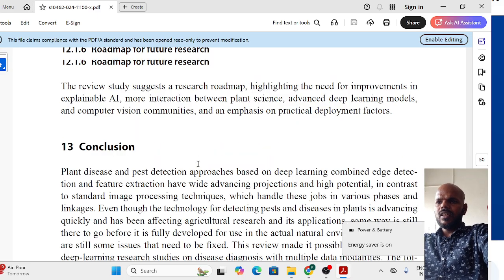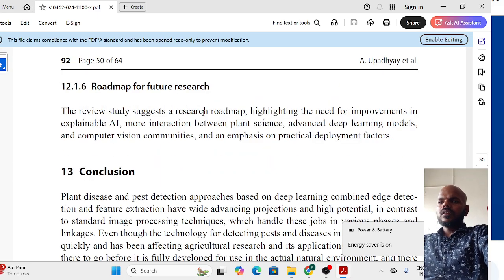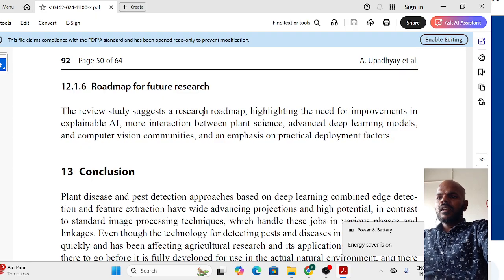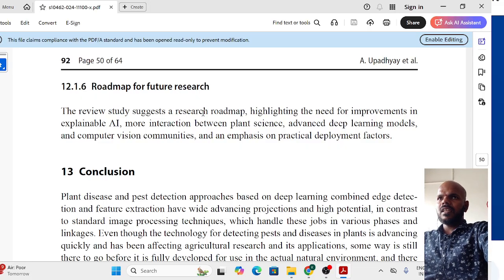Next is a roadmap for future research. What is the future aspect we can work on in this area? This review suggested a research roadmap, highlighting the need for improvements in explainable AI. That means that in the work we have done till now, explainable AI models have not been incorporated. So if you incorporate explainable AI models into those previously used for experimentation, this is the novel